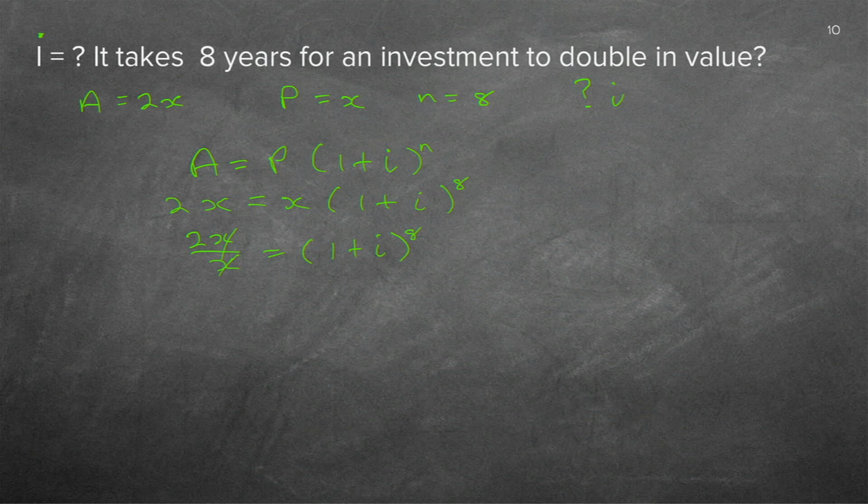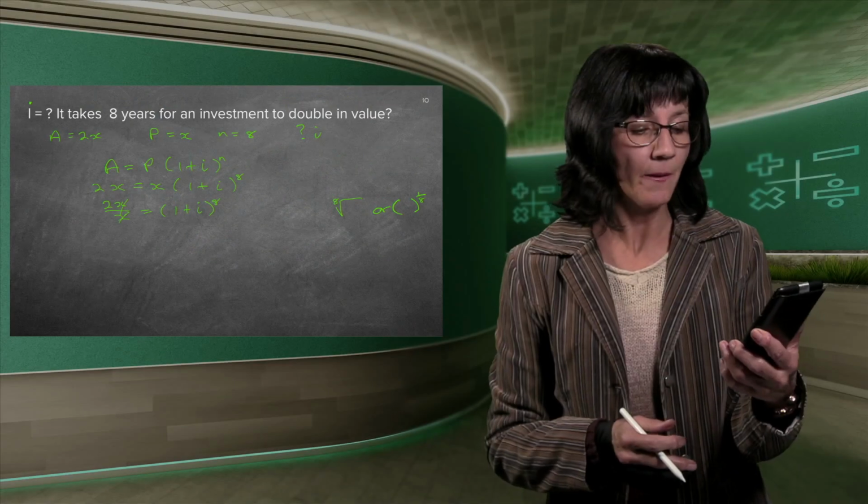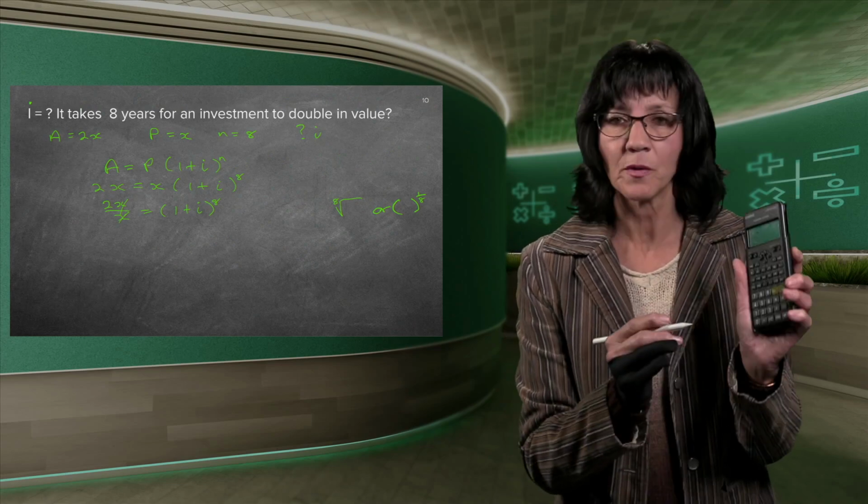It must double. How do you get rid of an 8 exponent? I hope you remember. You draw the 8th root. Or you can say to the power of an 8th. That means exactly the same if you want to get rid of it. Because remember, 8 times an 8th becomes 1, and then you got rid of your exponent. But I do not like that fractiony one, because we don't like fractions. There is a button on your calculator. It's right above the X with the little block.